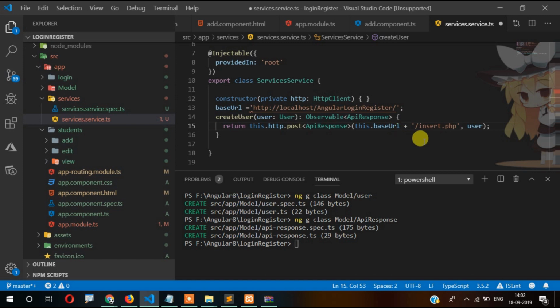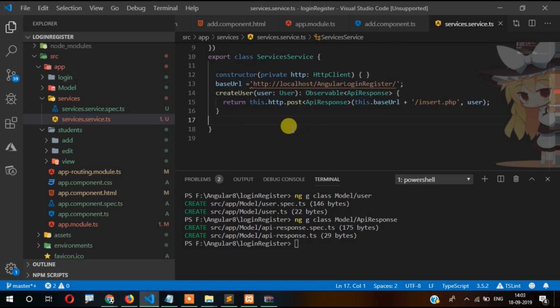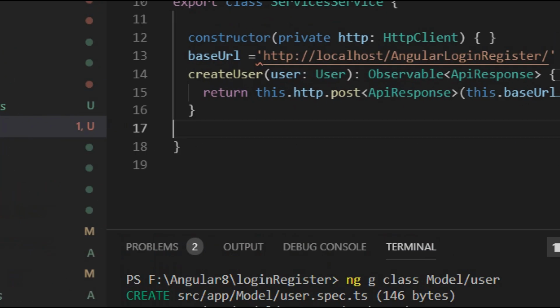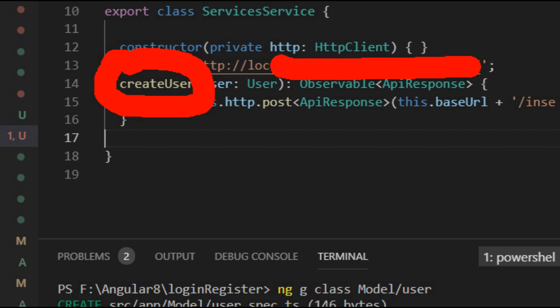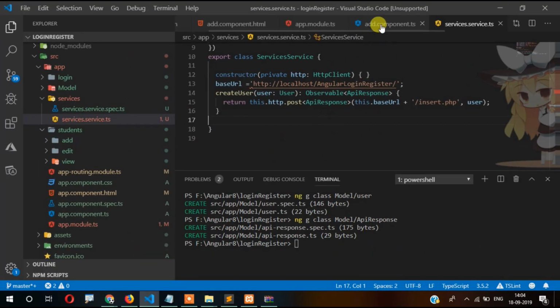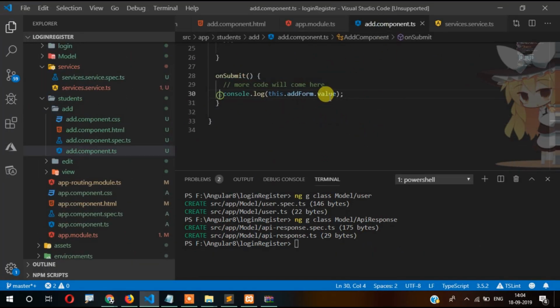So this is our service, and this create user returns this observable, an observable API response. This API response actually will be an array. Now we need to make modification in this code, and here we need to write this code,